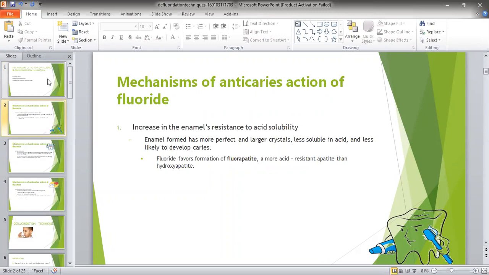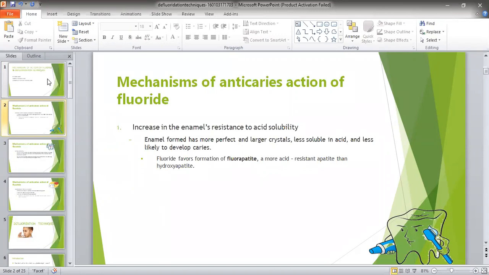So first comes the mechanism of action of fluoride. Fluoride is basically having various actions on tooth. First, it increases the enamel's resistance to acid solubility. Okay,